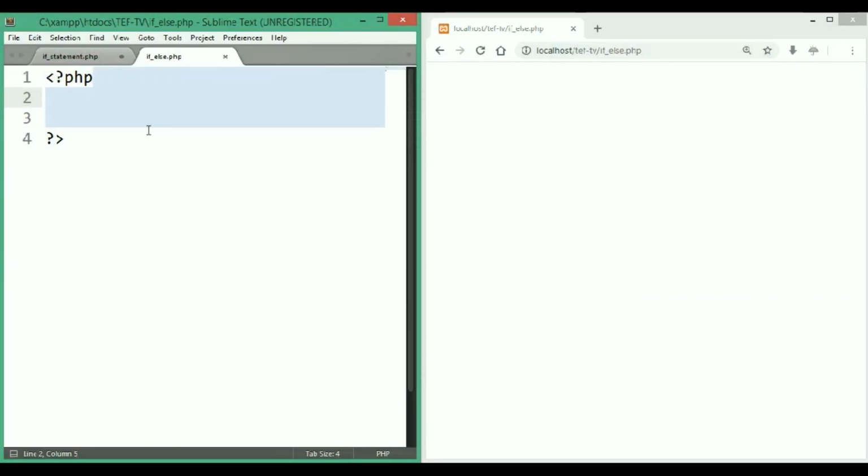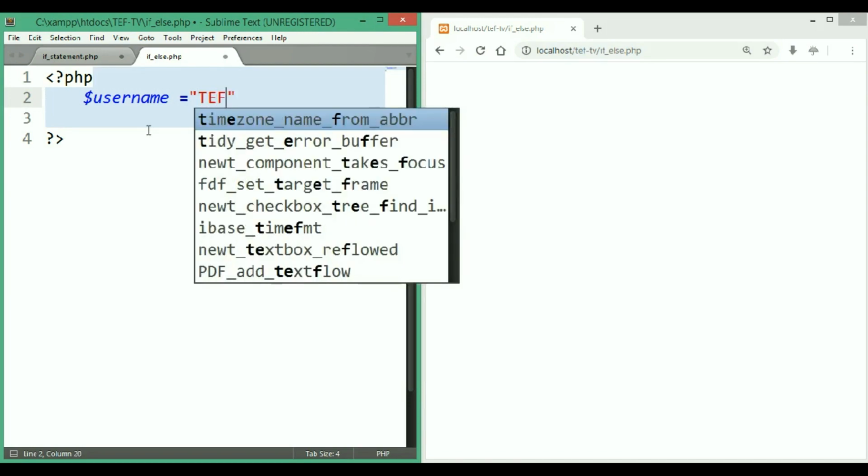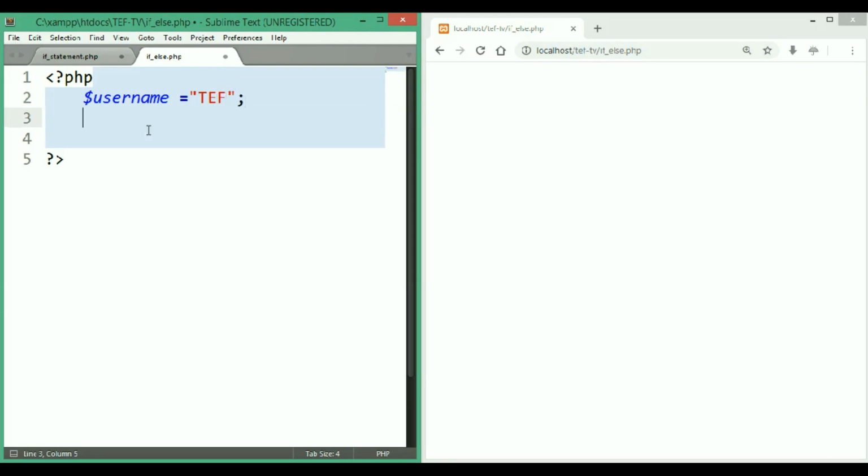First of all, we have to declare a variable named username, assign the value def, semicolon. Now we have to check the condition.